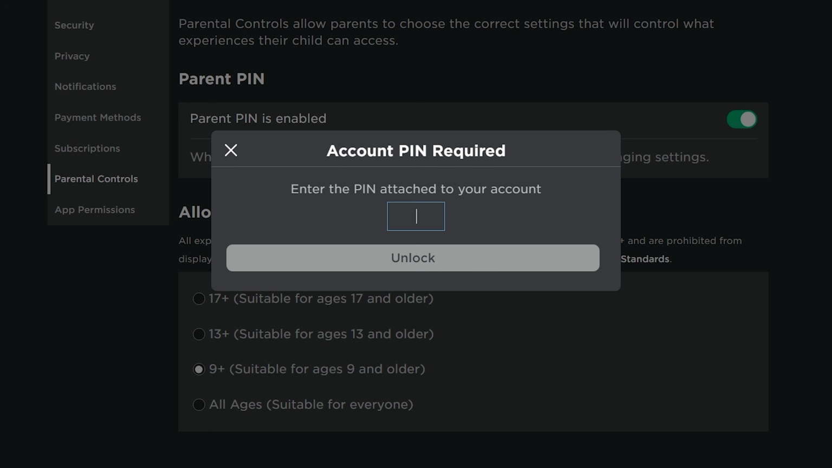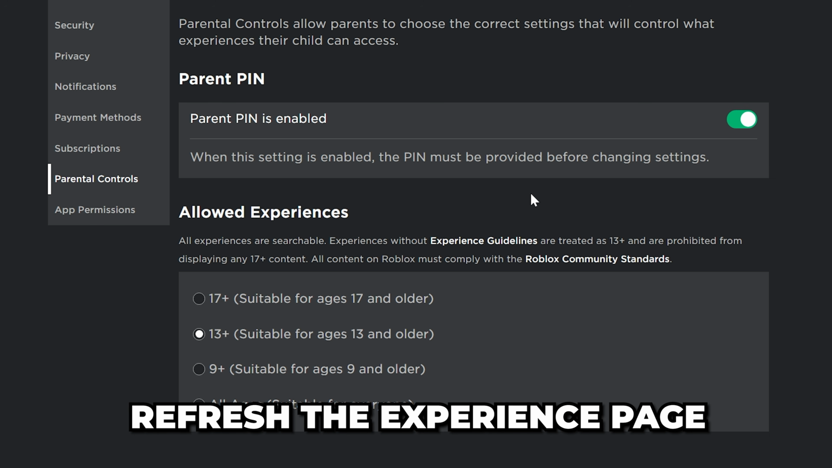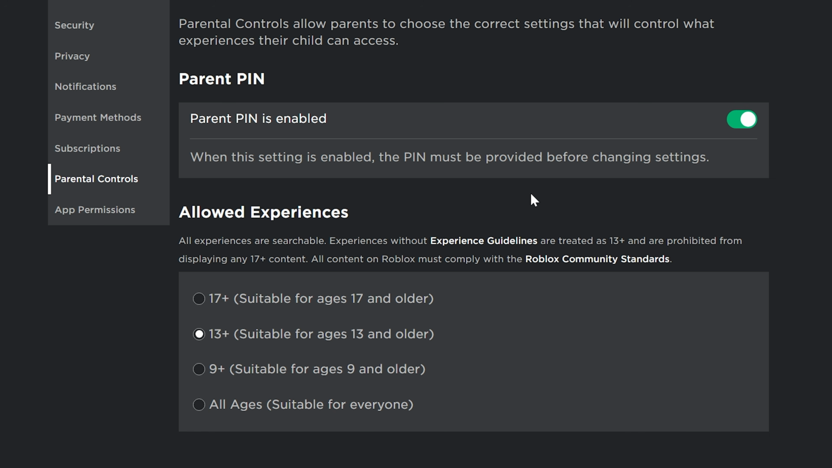You can also select 17+, but you will be asked to verify your age if you do so. Refresh the experience page and the Roblox "This experience is unavailable due to your account settings" error will now be